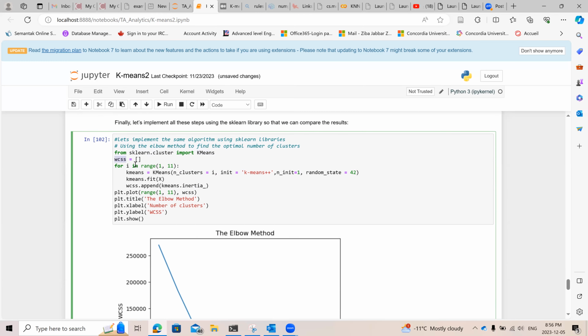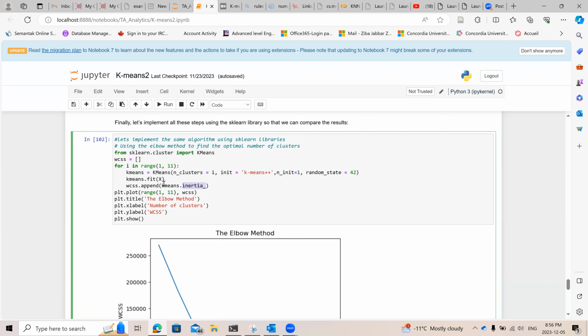Again, considering the within clusters sum of squared error to find the best k. There is a range because you need to iterate over all the possible values for k. So we basically create the k-means object, and then fit, and then append the value of the error to this NumPy array. And the value of